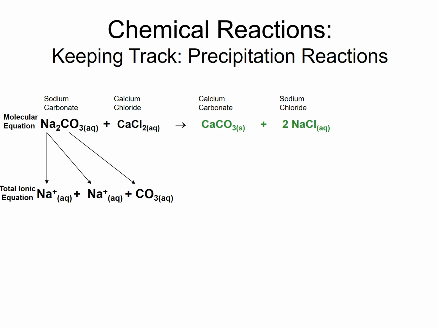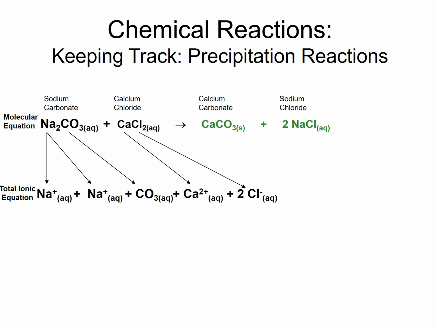The bottom line here is that whenever you see something that is (aq), if it's an ionic solid, you're going to be able to write it as ions. And we've got another one of those coming here. The calcium chloride, CaCl2, well, it's aqueous too. That means that we ought to be able to write each and every one of those ions individually in the total ionic equation. And of course, we'd have first the calcium ion, and then follow that with the 2 chloride